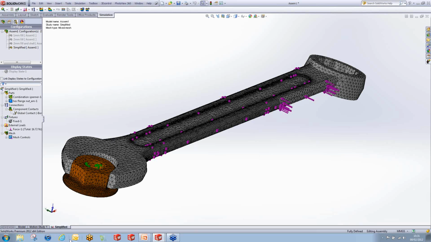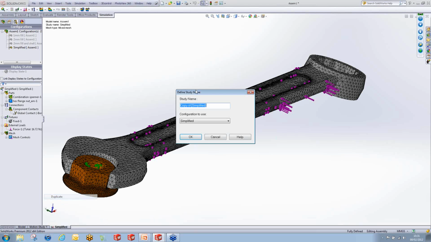The final step that we would use here is to run the analysis, but what I'm first going to do is show you how easy it is to generate another study based on the one that we've already set up, because I'm happy with the settings that I've got here, but obviously I want to run a study on all of the other models as well. So I'm just going to right click on the study down the bottom here and go to duplicate. I'm going to call this next study the 2 mm fill, and I'm going to use the 2 mm fill